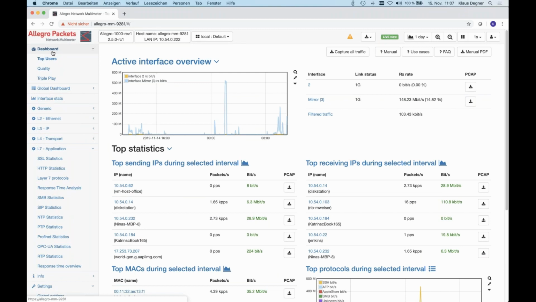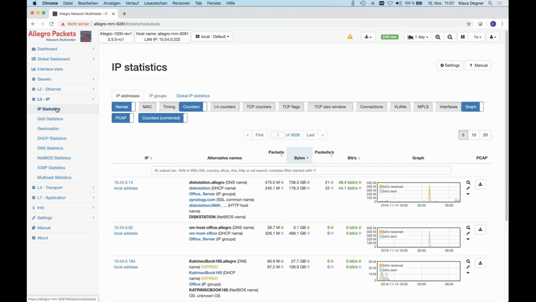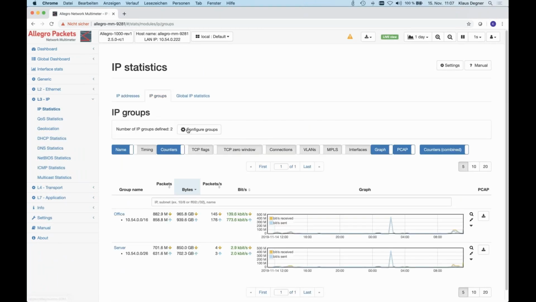Feature number 2 is the IP group extension. There's a very simple use case behind this feature. The IP groups are part of the IP statistics, where you can configure multiple groups of subnets that should be shown as a group.